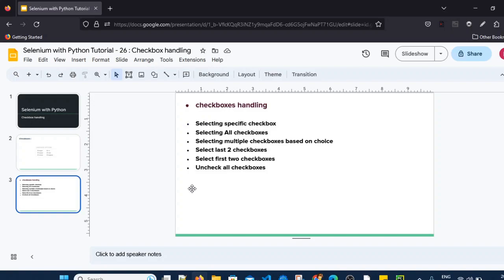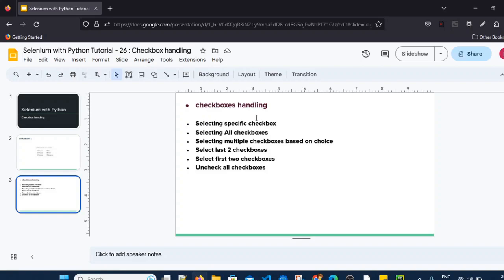How to do that, we will see. How to select the last two checkboxes, how to select the first two checkboxes, and how to uncheck all the checkboxes which are selected. So these are some scenarios we will see practically. These will cover our checkboxes in Selenium with Python.